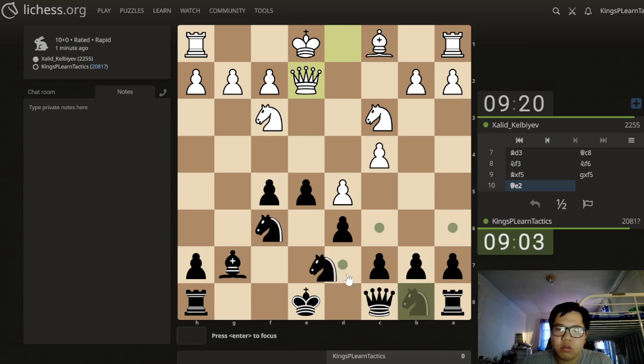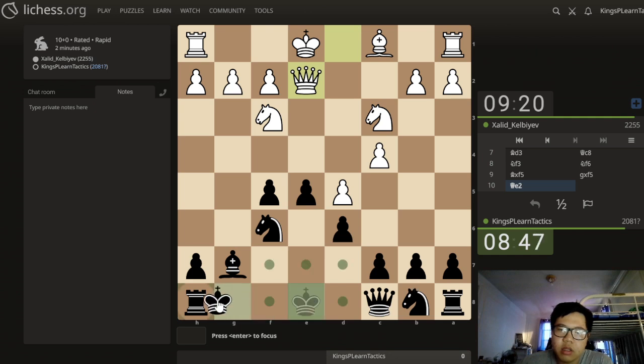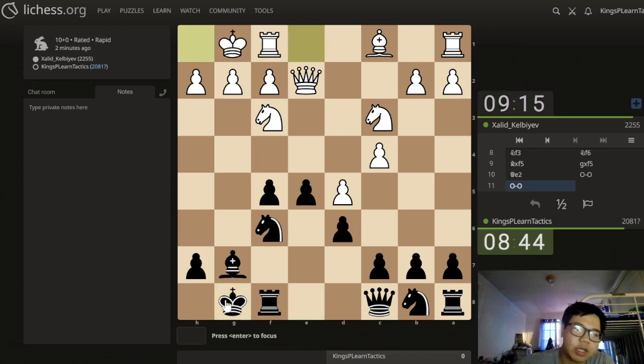Now, since we played queen c8, which is probably not the best move, it can be a little bit annoying. I think I'm going to take the risk and castle here. Okay, our opponent just castled. Then this is pretty easy because